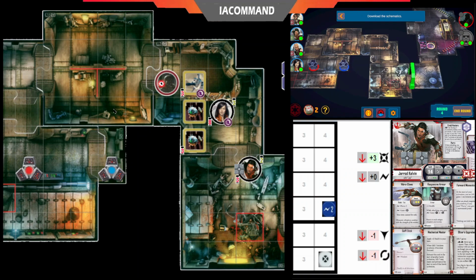but then Jax can only go 1, 2, 3, 4. Jax is not going to be interacting with the terminal this round, I don't think. 1, 2, 3, 4, 5, 6. Oh no, he can get to the middle one. 1, 2, 3, 4, 5. It's Jin that's not going to be interacting with a terminal. So